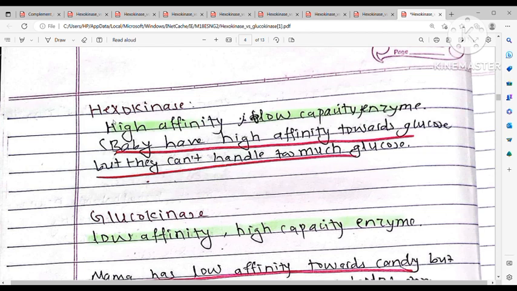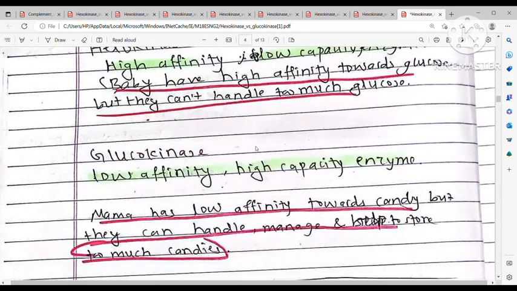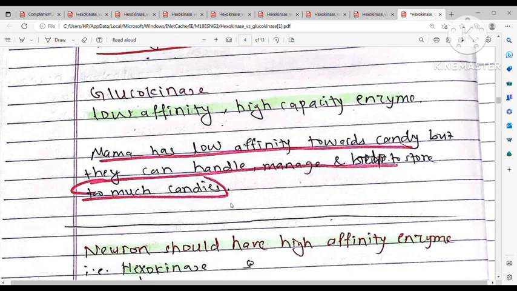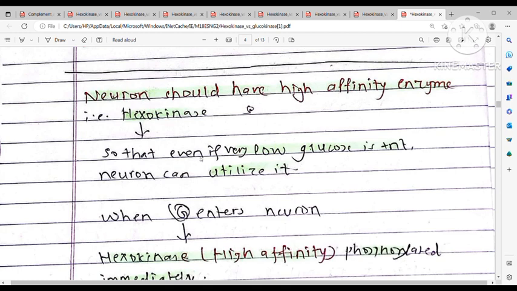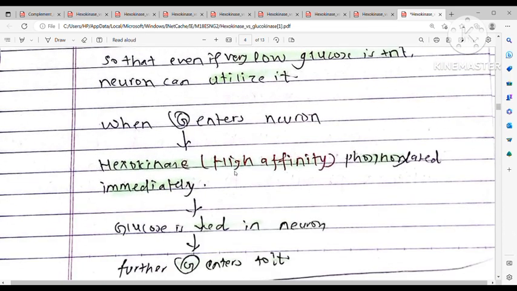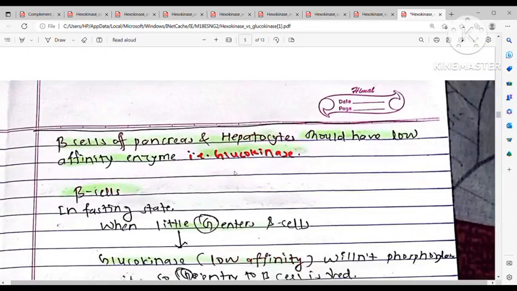Let's revise again. Hexokinase: high affinity, low capacity. Babies have high affinity towards glucose, but they cannot handle too much glucose. Glucokinase: low affinity, high capacity enzyme. Mothers have low affinity towards candy, but they can handle, manage and store too much candy. Neurons should have the high affinity enzyme hexokinase so that even if very little glucose is present, the neuron can utilize it. When glucose enters a neuron, hexokinase converts glucose to glucose 6-phosphate so that glucose concentration decreases and further glucose enters